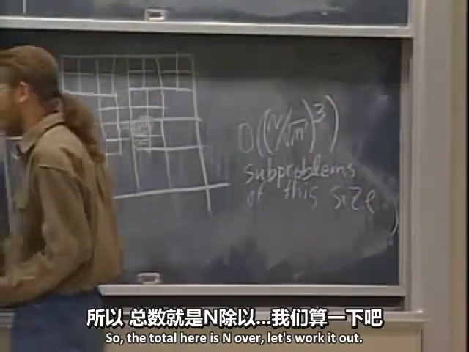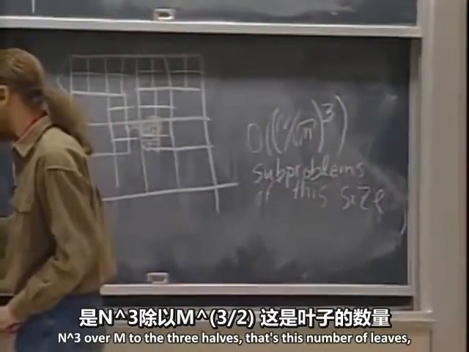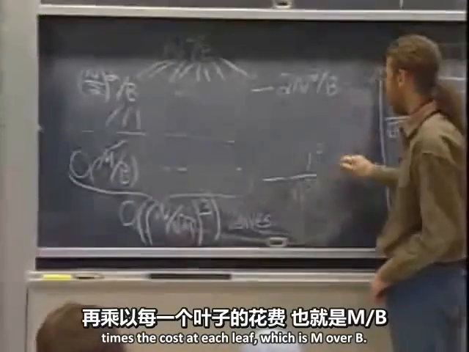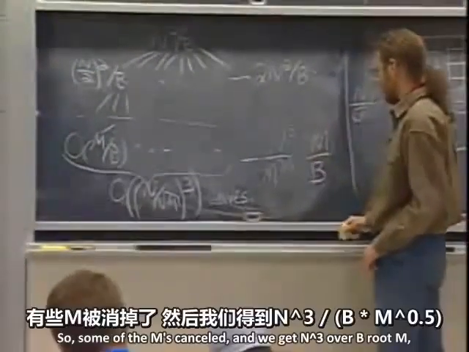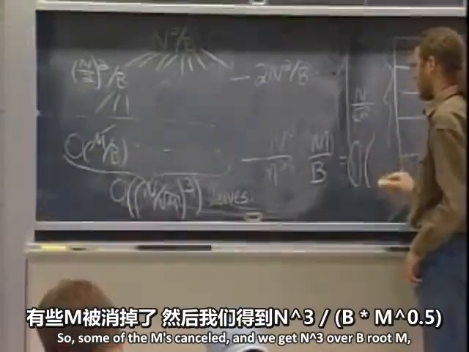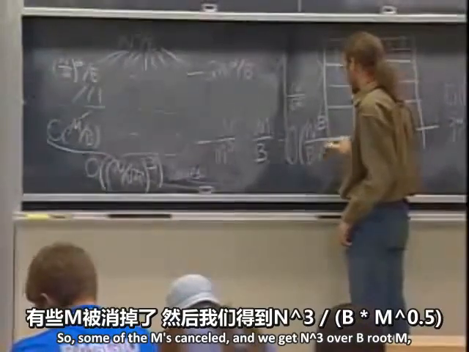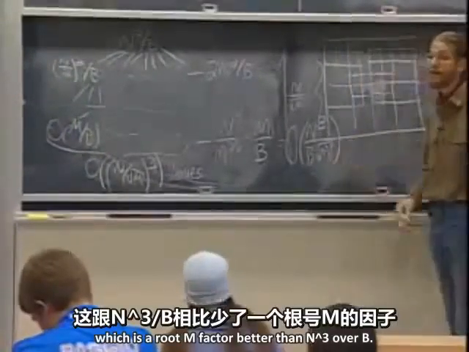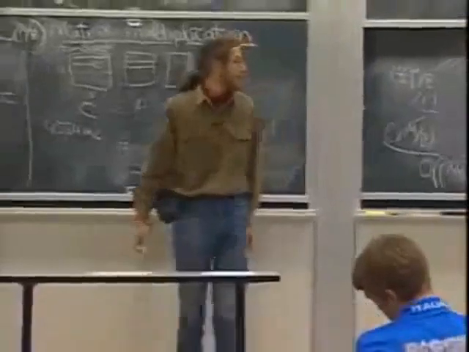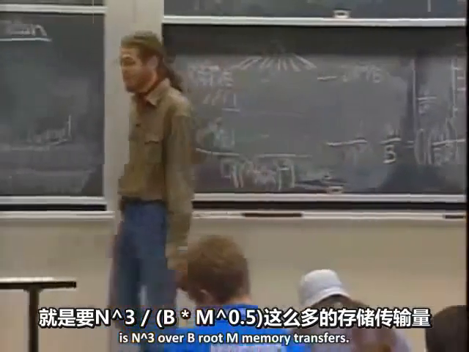So the total here is n cubed over m to the 3/2, that's the number of leaves, times the cost of each leaf, which is m over b. So some of the m's cancel, and we get n cubed over b root m, which is a root m factor better than n cubed over b, which is actually quite a lot. Square root of the cache size. That is optimal. The best two-level matrix multiplication algorithm takes n cubed over b root m